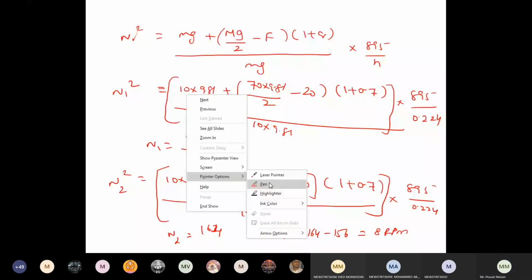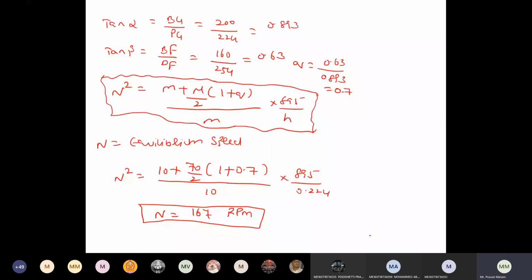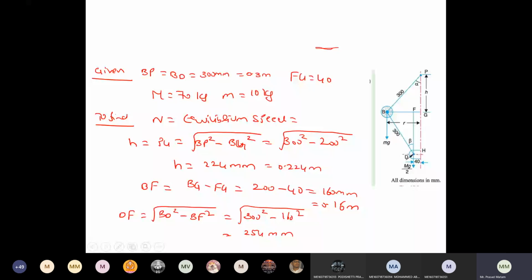Dear students, small doubts? Yeah, ask me. Sir, at the same height, how can we get two different speeds, sir? You see what I am saying, N1 and N2. N1 is the equilibrium speed I am saying. I am having only one radius of rotation. You can see this diagram. Only one radius of rotation I am having, R. At one radius of rotation, I am having only one height of a governor. I don't have maximum speed and minimum speed.